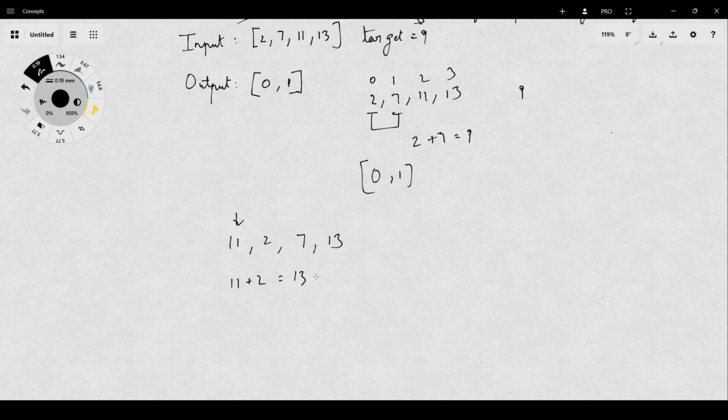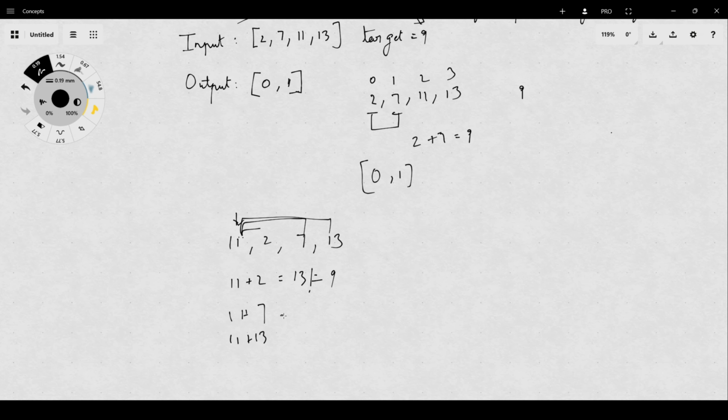So next I will go to 11 plus 7, then 11 plus 13. Since 11 plus 7 and 11 plus 13 are also not equal to 9,